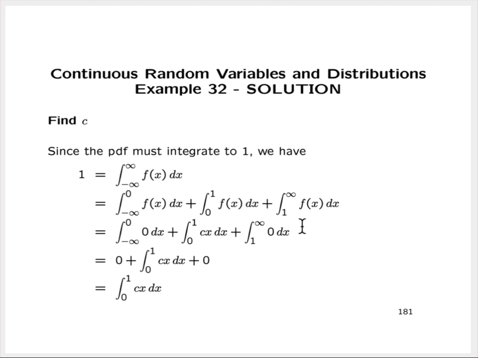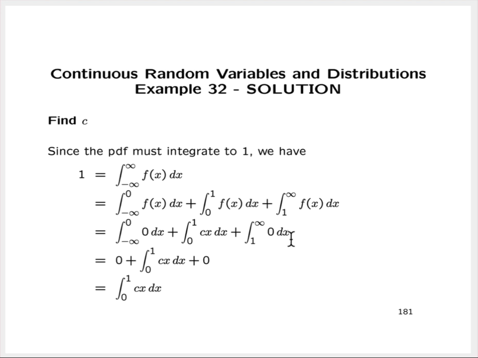The reason I'm going to do that is because the expression for the PDF differs over those 3 intervals, and so I need to decompose the interval over which we're integrating in order to make sure that I get the expressions